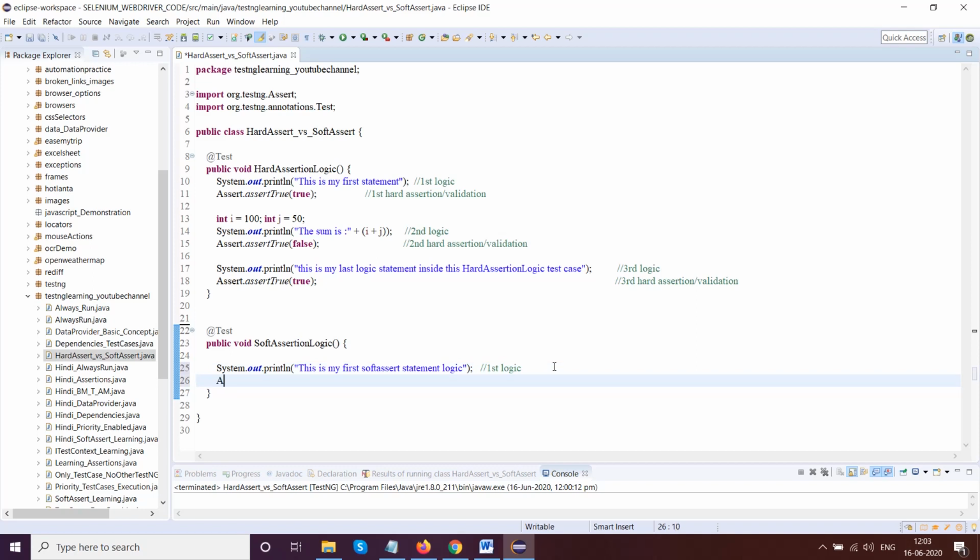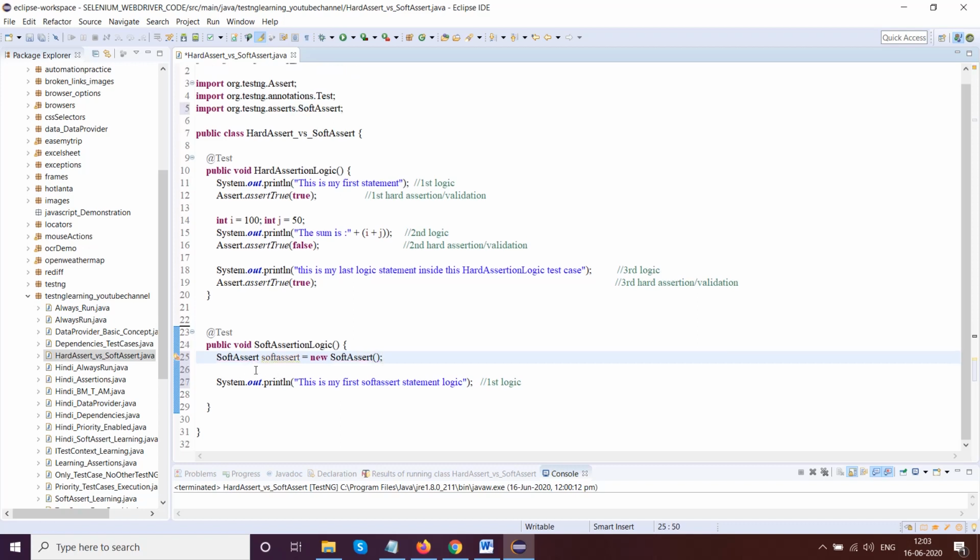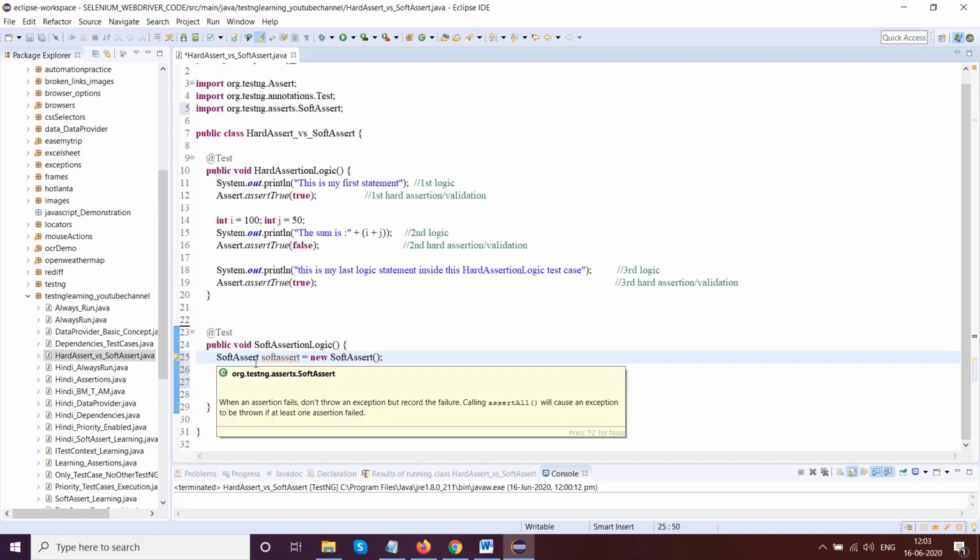Before I use this, what is the most important factor? You have to create the object of the SoftAssert class. So SoftAssert softAssert equal to new SoftAssert. This is mandatory. You have to create it. Now you have created the object of the SoftAssert class.